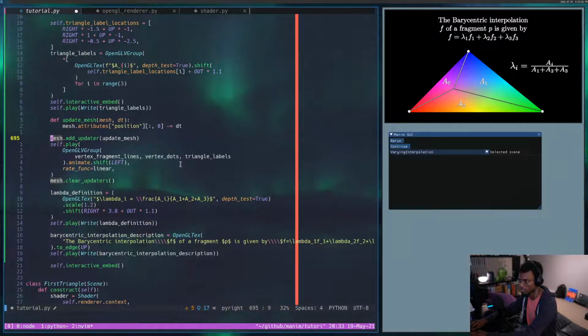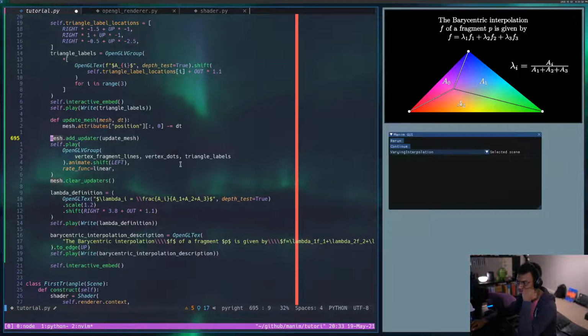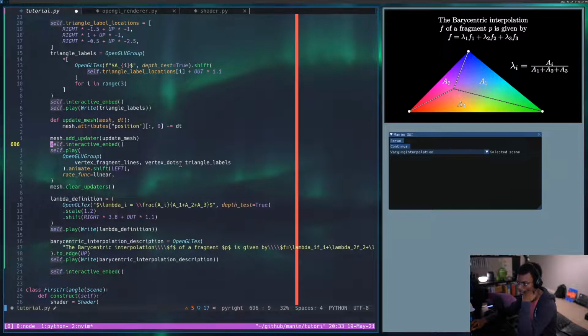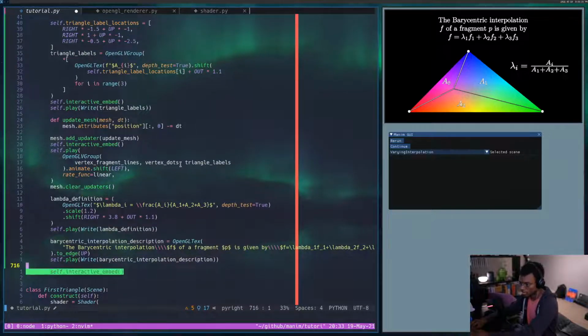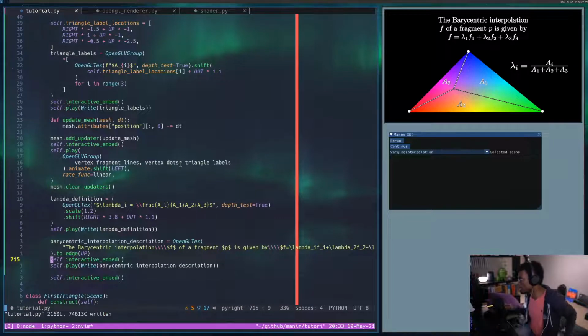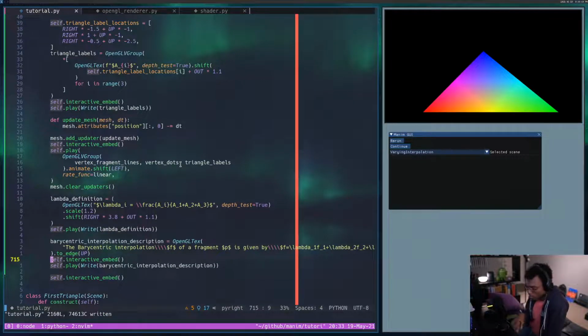What is this doing? This is writing the labels. Wait, what is this doing? Oh, and this is shifting it. So shifting it and then writing the lambda definition should happen at the same time. And then the final one should be here. So now if I were to do this, I could